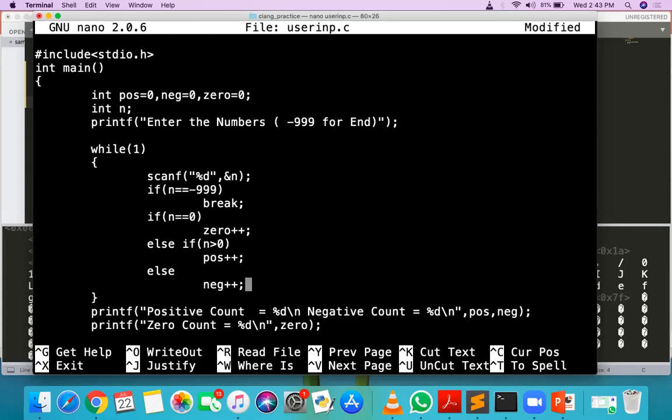Okay, so the same program, I am just somewhat changing. You have to scan different characters: capital case alphabet, small case alphabet, numbers, or special symbols.